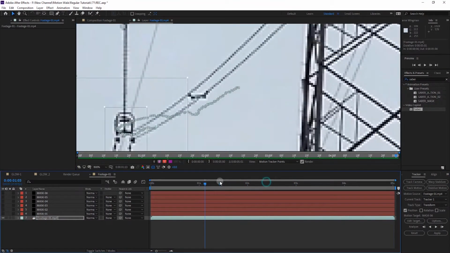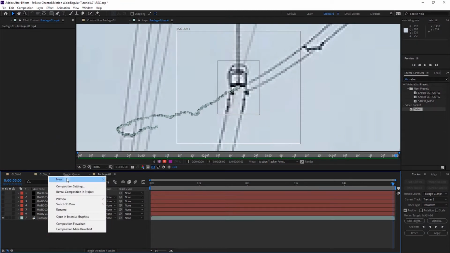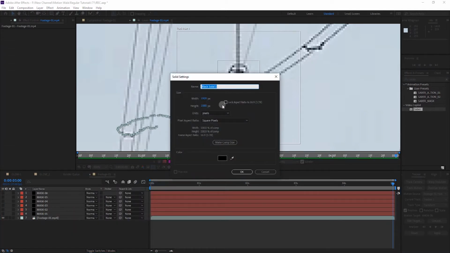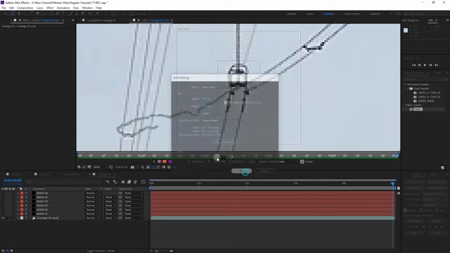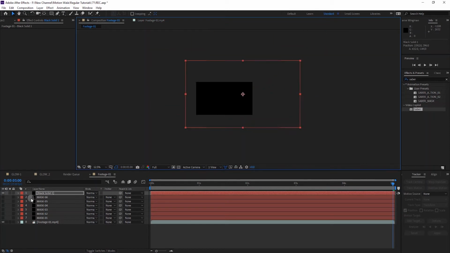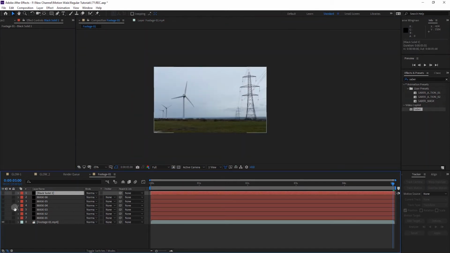So you can see it's traced our footage. After that, go to Layer, or right-click on your timeline, and create a new solid layer. Check the lock aspect ratio and increase the size like this. Then if I go to my composition, you can see it's put in the middle of the object where you want to add the effect. After that you can change the name if you want.